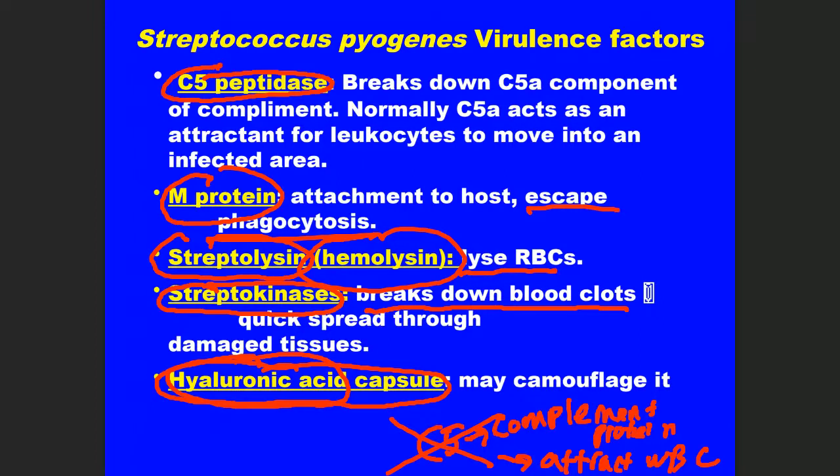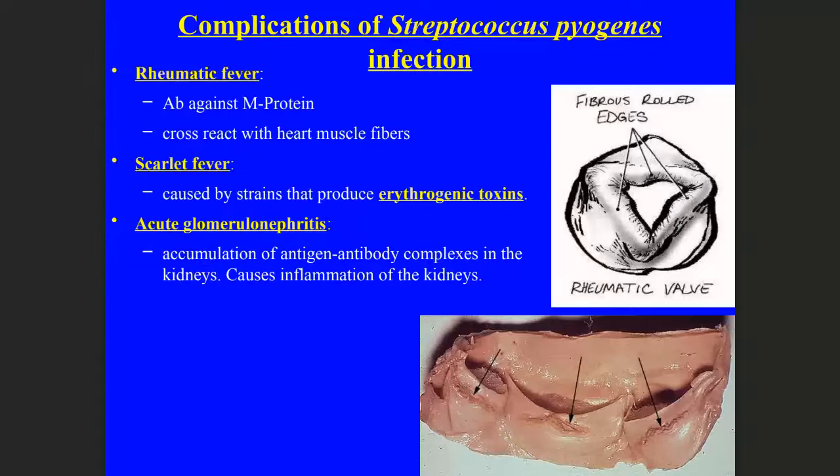Some of the complications that this bacteria can cause. We talked about in the immunity section about this disease called glomerulonephritis. This is basically a kidney inflammation where a person might first have strep throat and then later on get this kidney infection called glomerulonephritis. This is basically a sequela, okay, of the original infection.